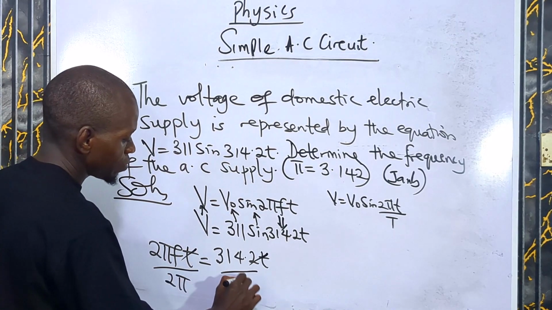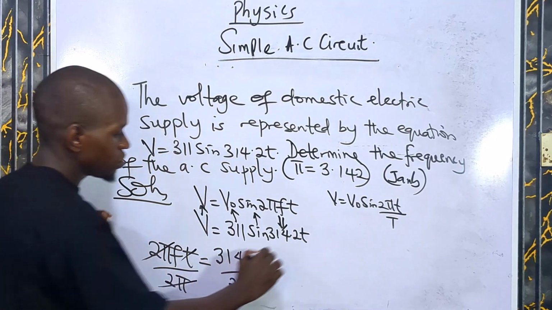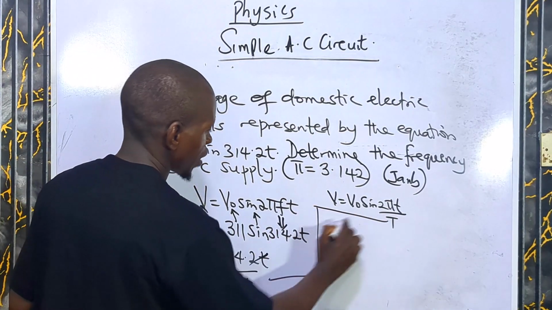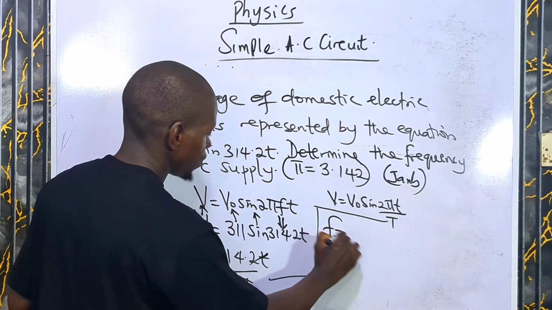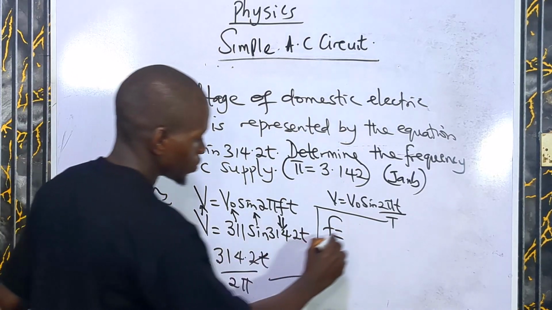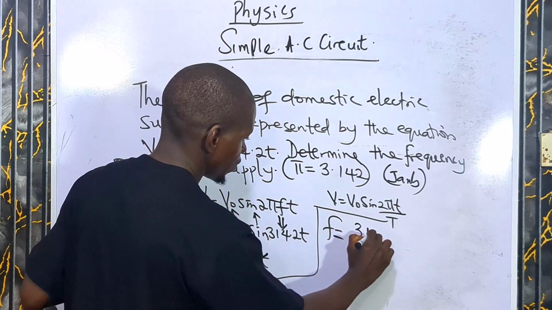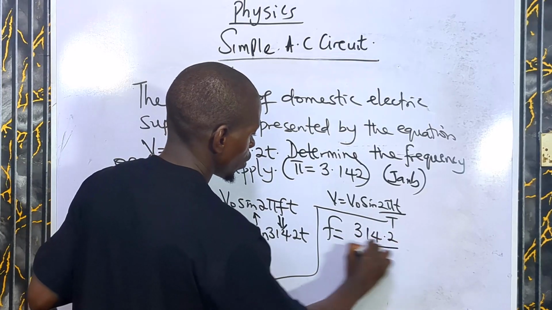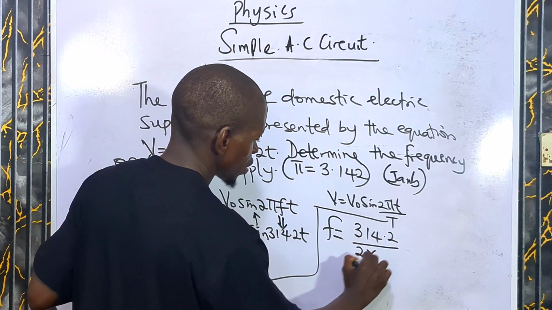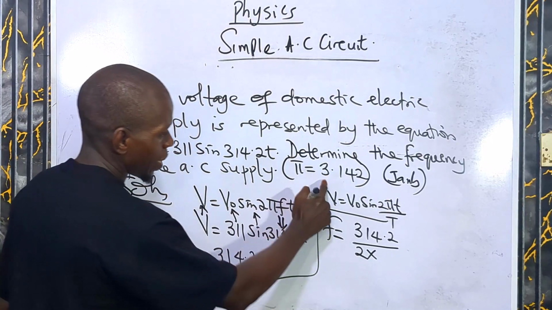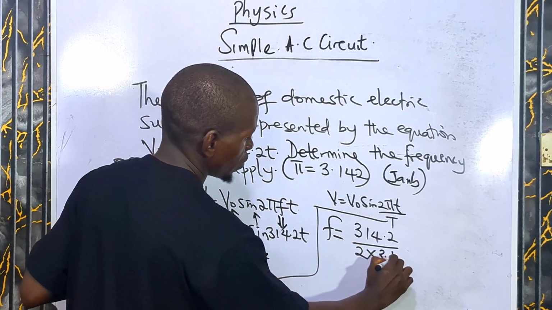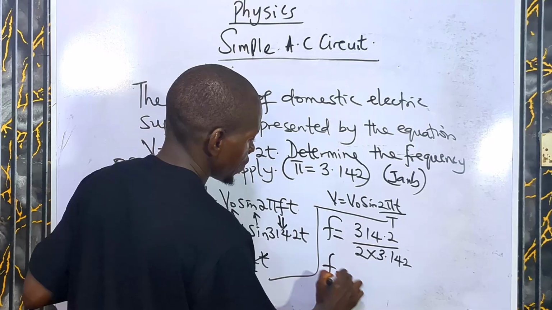I'll divide both sides by 2 pi. When you cancel, what do you have here now? I'm going to have my f equals 314.2 all over what? 2 times, what is my pi? My pi is 3.142. So my f equals